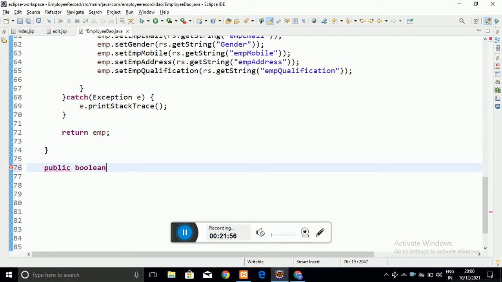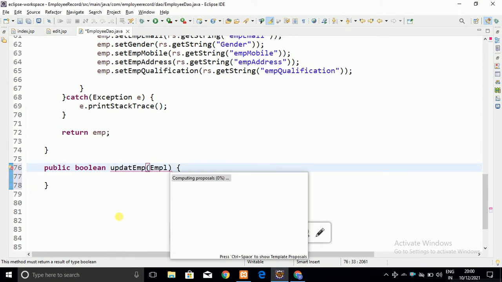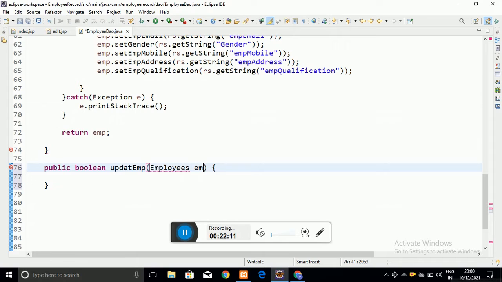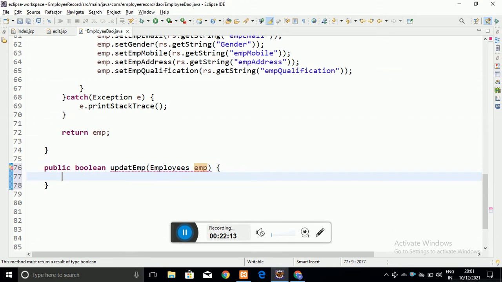Public boolean updateEmployee, and that method takes an argument, the employee object. It takes the employee object as an argument and updates the data of that particular employee.